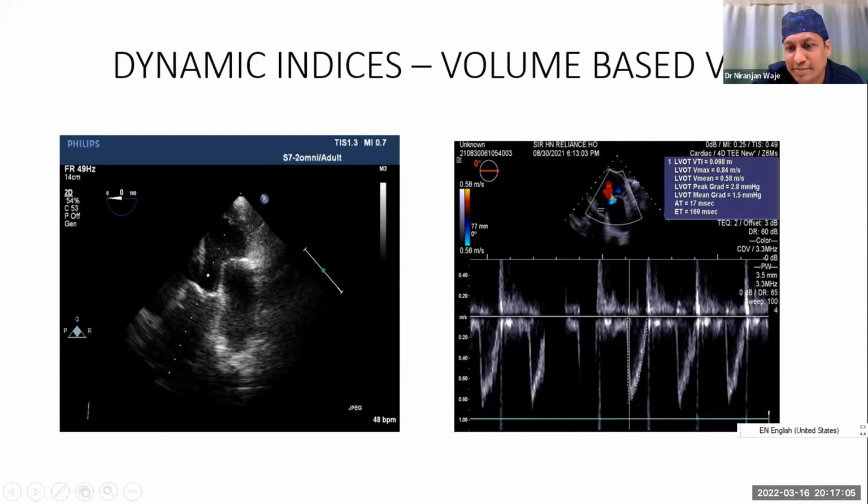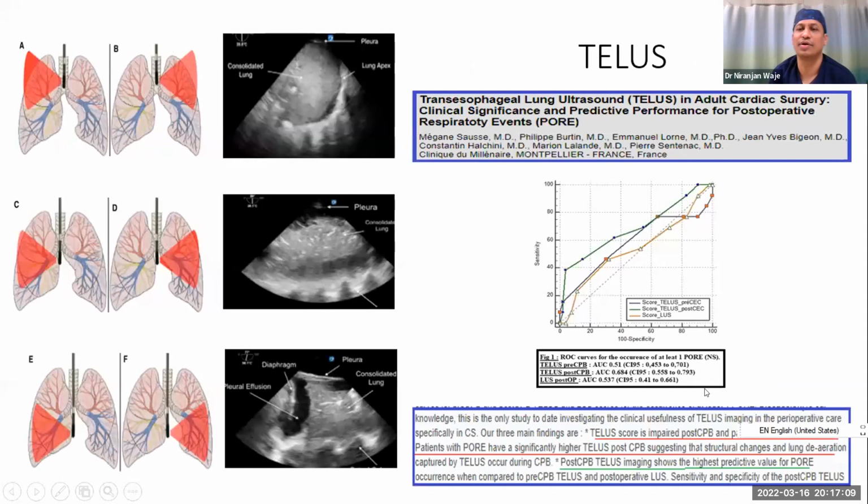So you might just choose to see the maximum velocity, peak velocity here, and it will give the VTI max variation or aortic Vmax variation. So lung ultrasound, as you all know, can be helpful. It can be picked up by transthoracic echo to point out B lines, A lines, how much to fill or not to fill. So there are recent papers which show that transesophageal echocardiography can be used to get information beyond